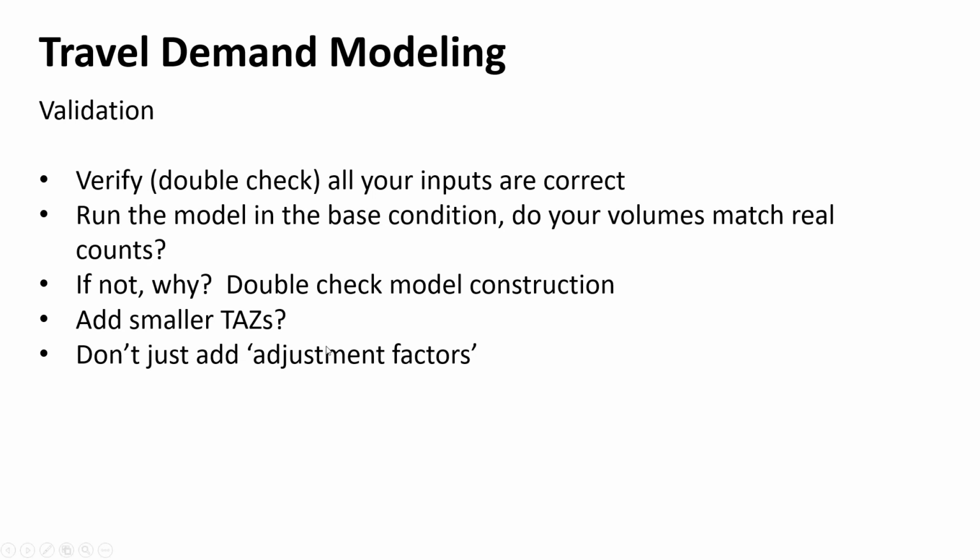You have something wrong in your base formulation, right? Either you don't have enough roads, you don't have small enough TAZs, or the data in your TAZs or on your network is wrong. So it's a bigger problem, and you want to go back and fix that, because now you're going to use that to predict 20 years in the future, or 10 years in the future, out to that horizon year. You don't want these fixed adjustment factors in there. You want the model to be able to respond to true growth and changes in the network, in your area, in your region.